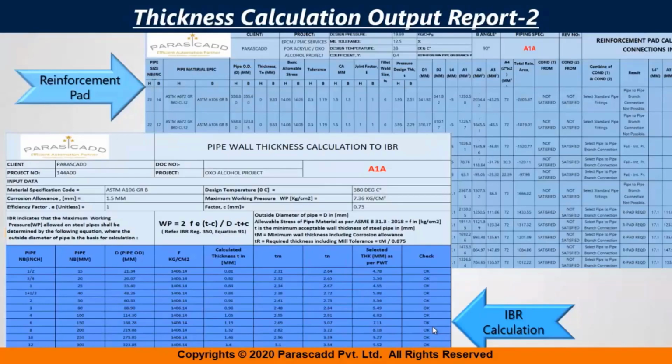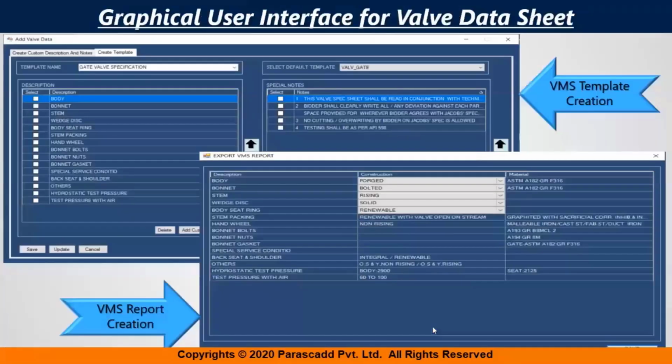Similarly, for the IBR, the pipe that we have, the sizes, the pipe OD in mm, and if it is checked, that is, the thickness is okay according to the IBR norms, can be taken out in the last column, that is the result column, and the spec and the sizes can be approved and moved ahead from the design team to actually routing that isometric drawing. So these are some of the thickness calculation outputs that you can get, all specific to the spec that we have generated earlier. This data you can export in the form of PDF also.